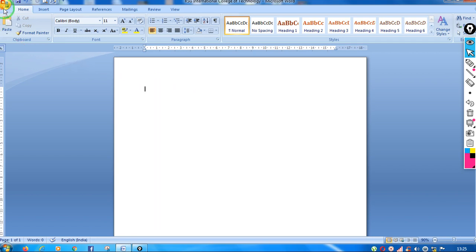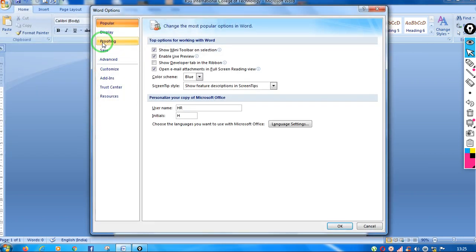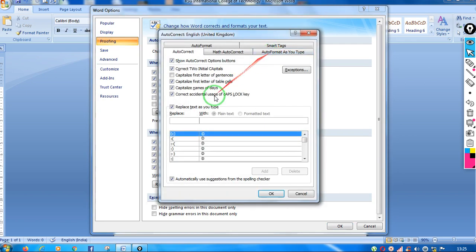To do that, you click on the Office button, choose the Word options, and then go to Proofing, and in Proofing, the AutoCorrect options. Here you will find two boxes, Replace and With: which text you want to replace with what text, you have to write over here.